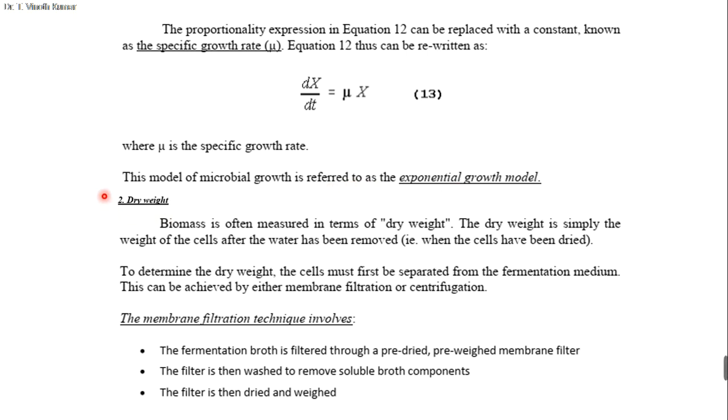So the next point in the kinetics is dry weight. Dry weight is nothing but the biomass, and the dry weight is simply the weight of the cells after the water is completely removed. That is, removal of water either by filtration or centrifugation. Both processes we have to deal with. To determine the dry weight,